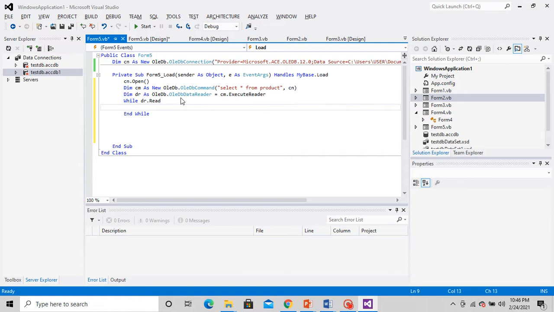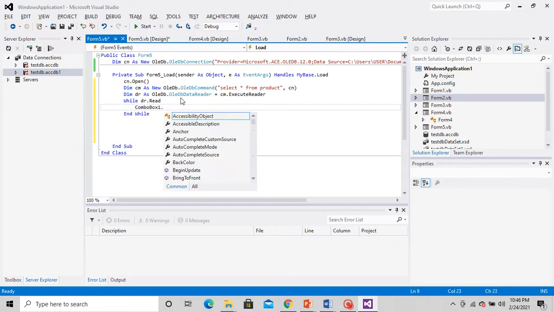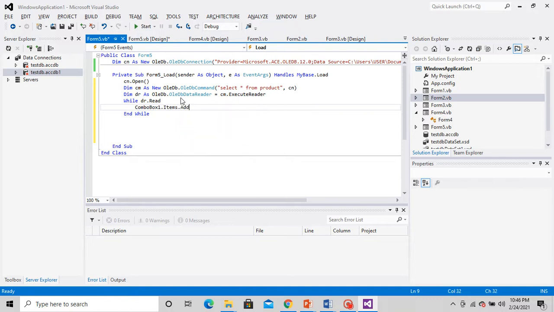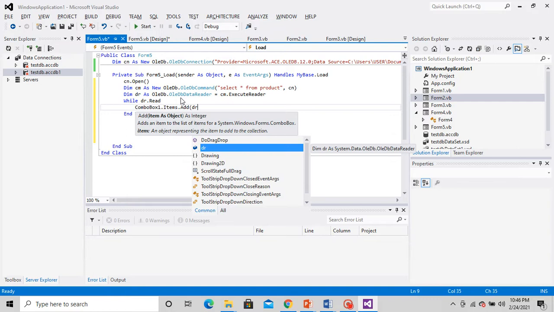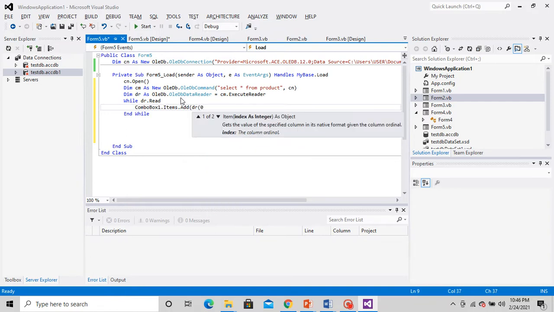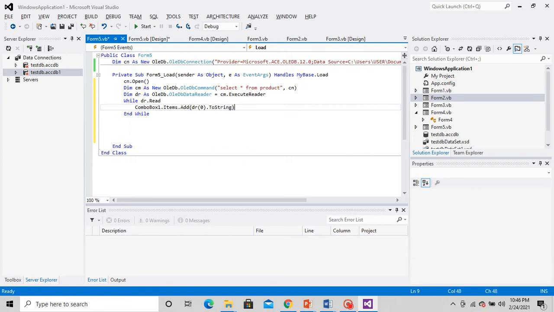While dr.read, which means continue the while loop until there is an element. Combo box 1 dot items dot add, dr0 to string.